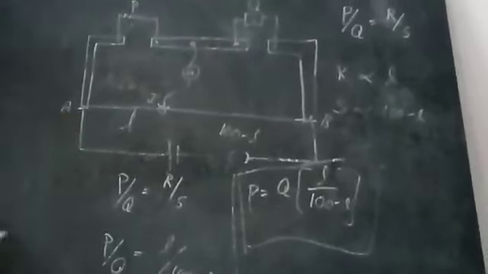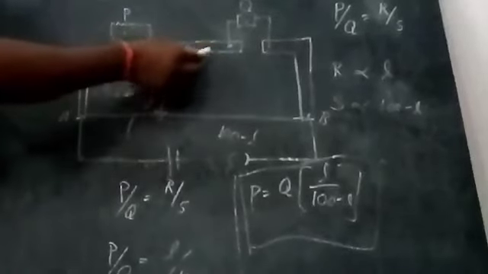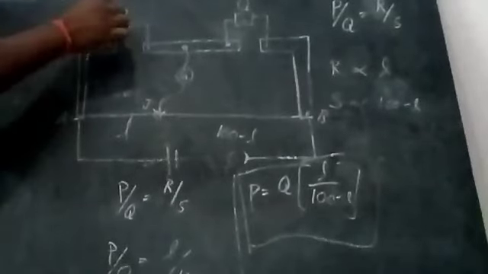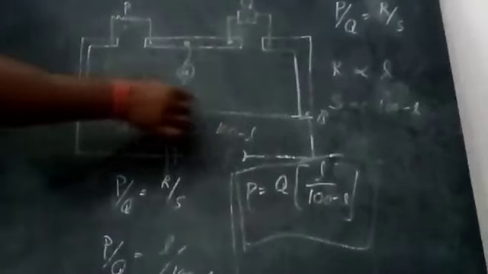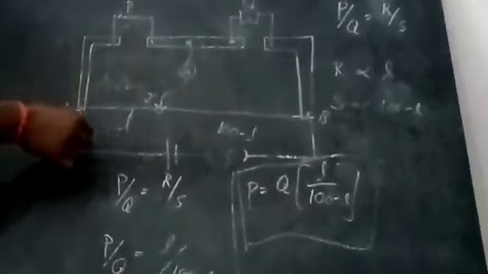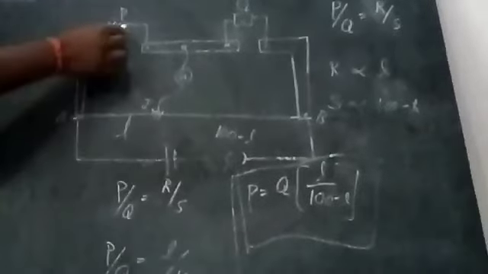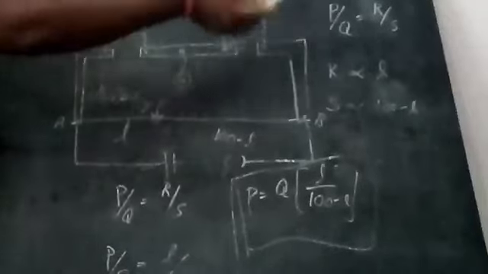Now see the construction. Here I have taken two L-shaped copper strips with one more strip. Two gaps are formed. In gap 1 the unknown resistance is connected, in gap 2 the known resistance is connected, and here a 1 meter wire is there. To the wire I connected one battery and one plug key. This is P, this is Q, and this 1 meter wire behaves like R and S.